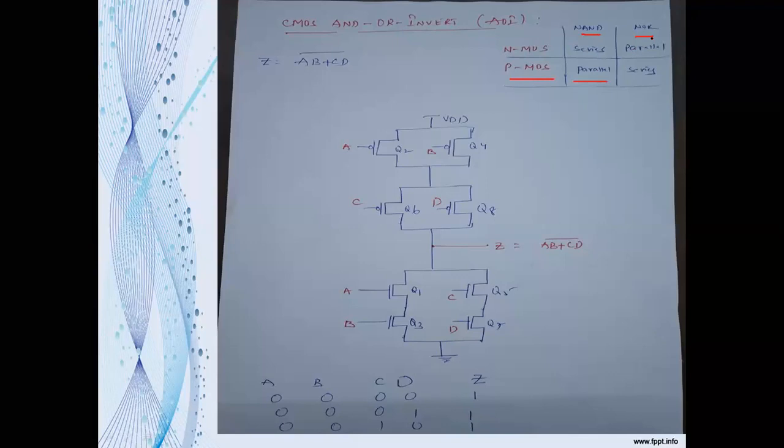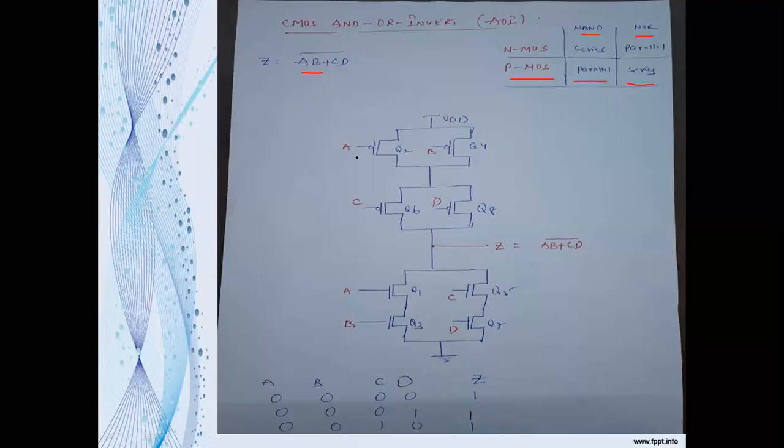For the NOR operation, the pull-up networks are connected in series to the VDD, and the pull-down network, which is the NMOS transistor network, is connected to the ground. So now let's see. First, you take the AB term. Basically, it is an AND operation. So now you can implement the AND operation from the NAND also. In a NAND, the PMOS is connected in parallel and the NMOS is connected in series.